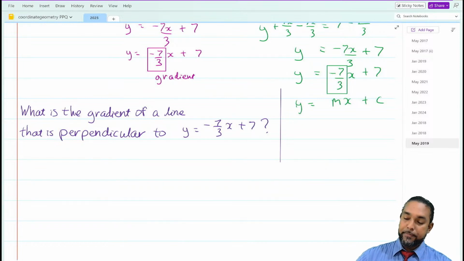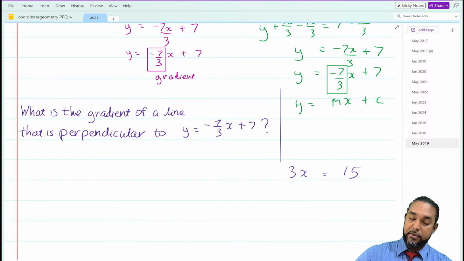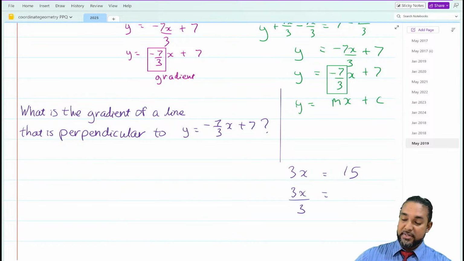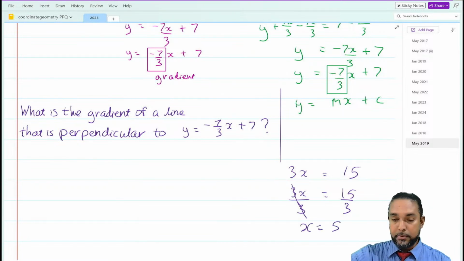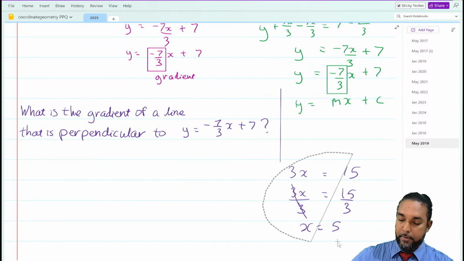Another example is, let's say you had 3x is equal to 15, and you want to solve for x. Now we know 3x means 3 multiplied by x, and the only number you can multiply 3 by and get 15 is 5. Alternatively, to solve for x by removing the 3, since 3 is attached by multiplication, we use the opposite operation, which is division, to remove the 3. And whatever happens on one side of an equation must happen on the other side. The 3s will cancel. 3 into 3 goes one time, leaving us with x, and 15 divided by 3 is 5. So I hope that helps at least a little bit, Flora.